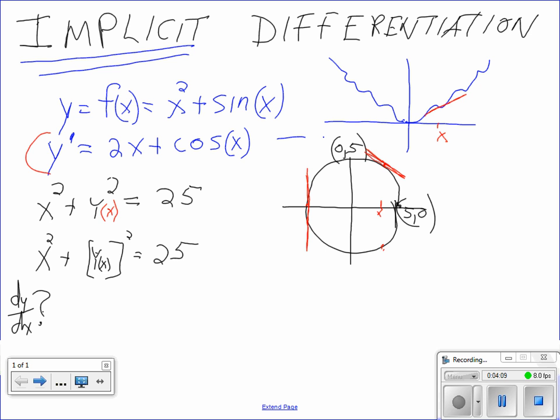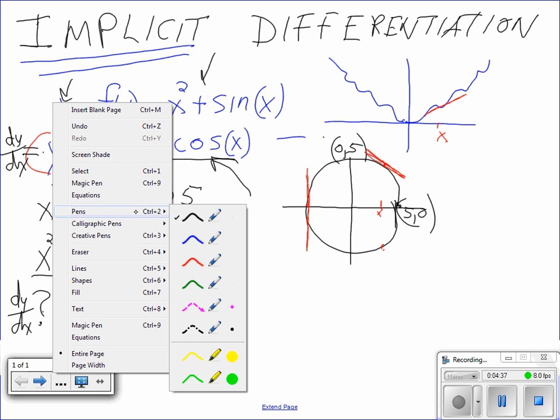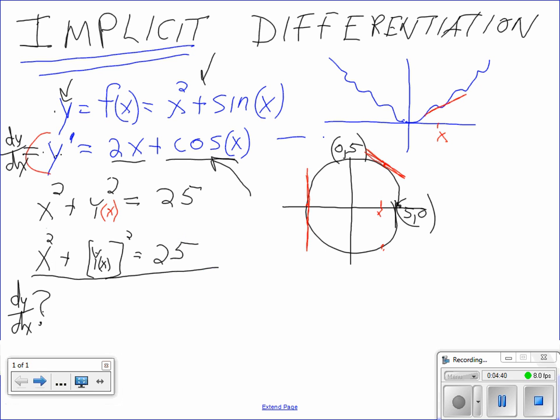Just as we did up here, we take the derivative of both sides. The derivative of the left side was just y prime, or maybe I'd write it like this, dy dx. Remember notation. The right side was just 2x plus the cosine of x. We'll do the same thing here. Let's take the derivative of this equation. We'll go to green. The derivative of x squared is 2x plus,